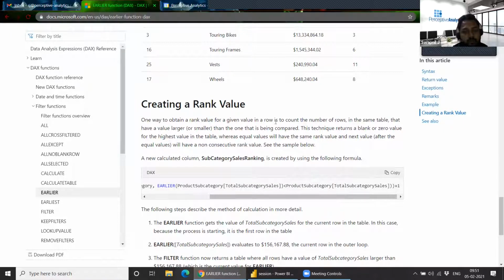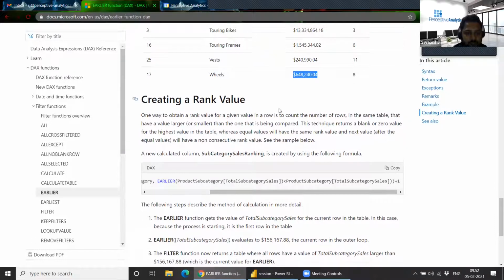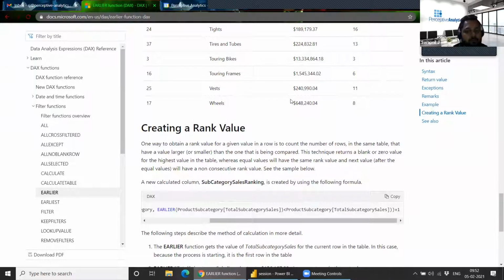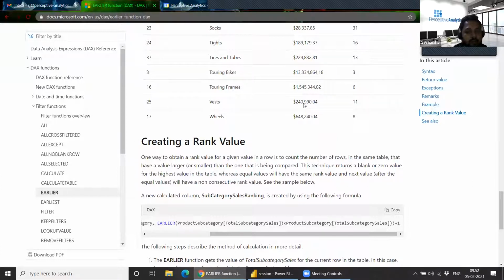For example, if we are on the wheels, we count the number of rows where the total is less than this wheels. It gives us the count, and we add +1. That means there are 7 rows that have a total less than this wheels, so its rank is 8. This function takes this value and compares it with all the earlier rows to find the rank of that value.